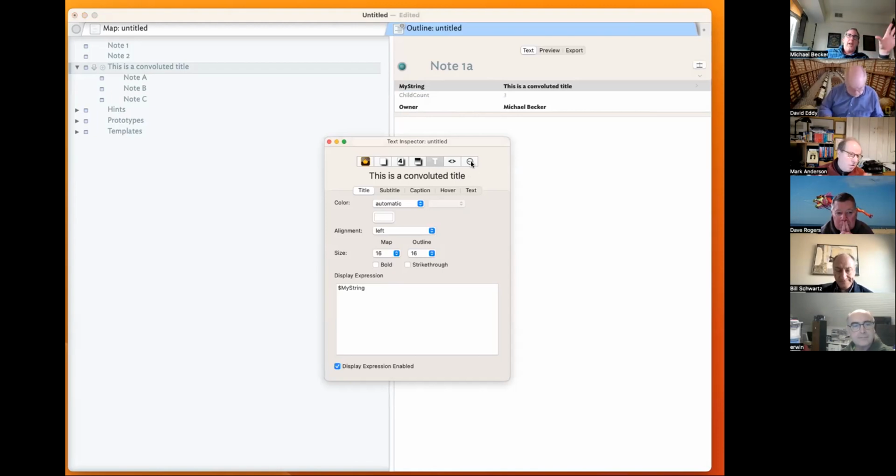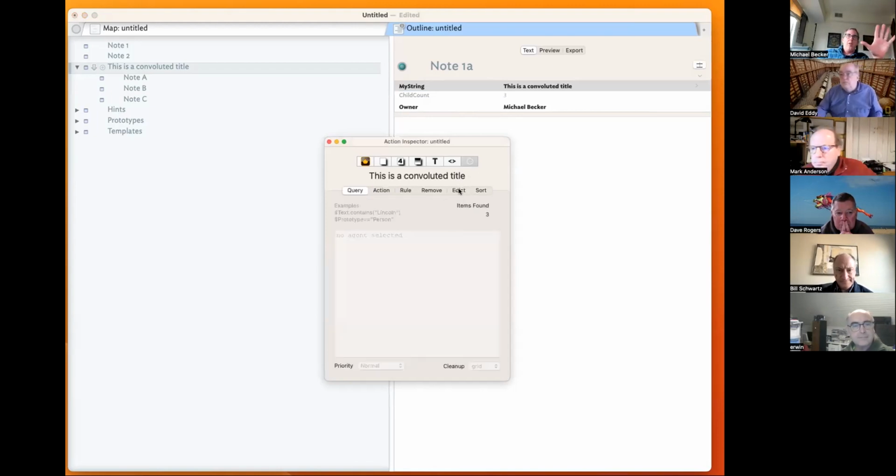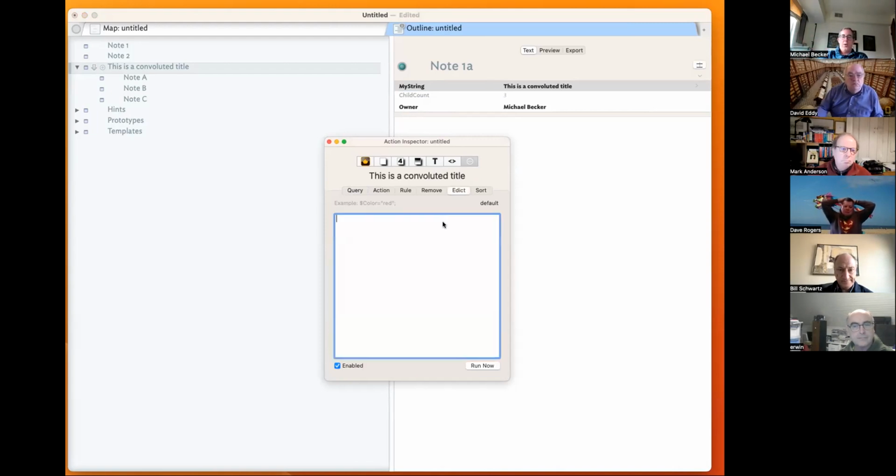So let's show it to you. And here's the other thing to think about in that model. I'll show you two examples on how to do what we're talking about. Because you're not going to be changing your name that much, it's probably best to do it in an edict rather than a rule. And what you would do is say, like, my string